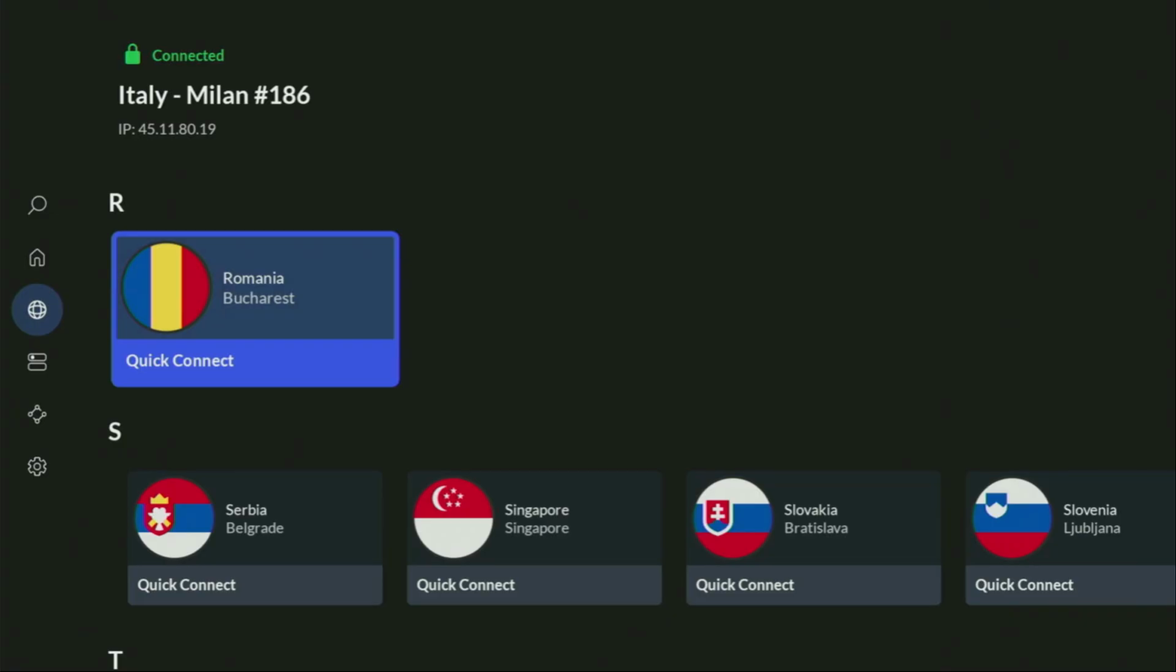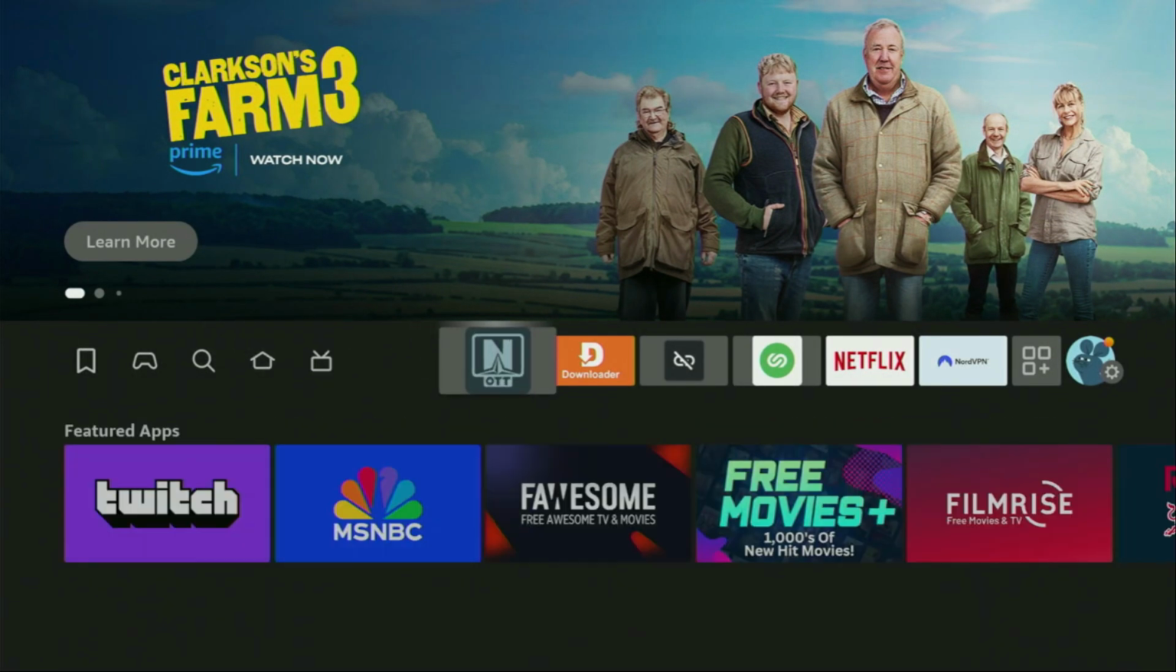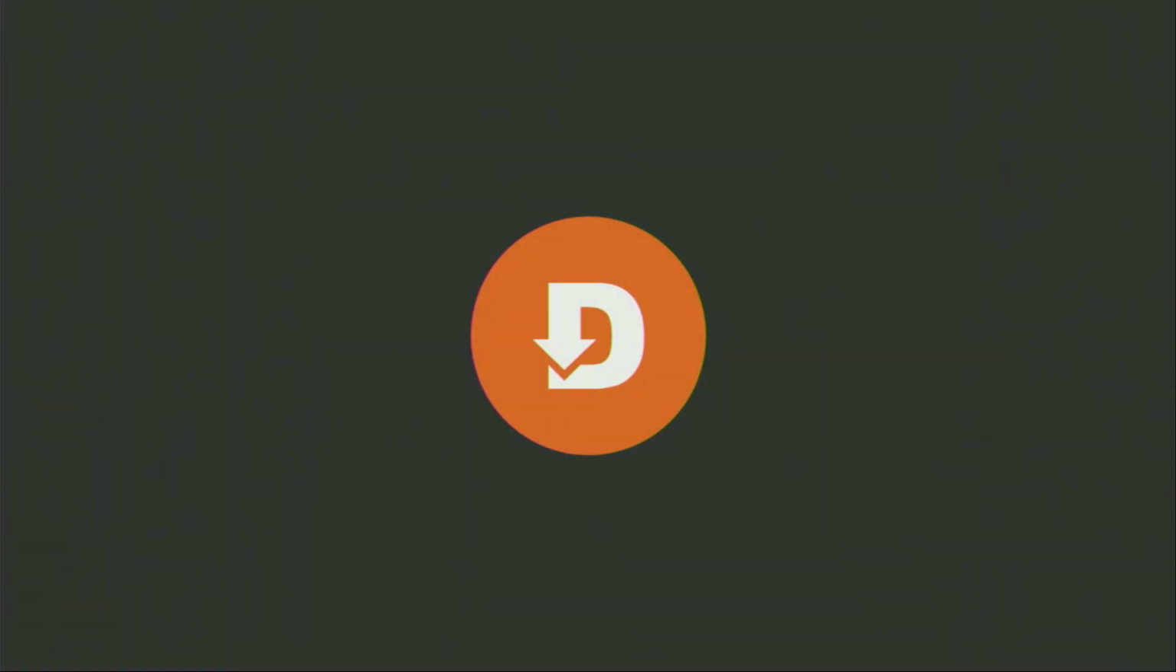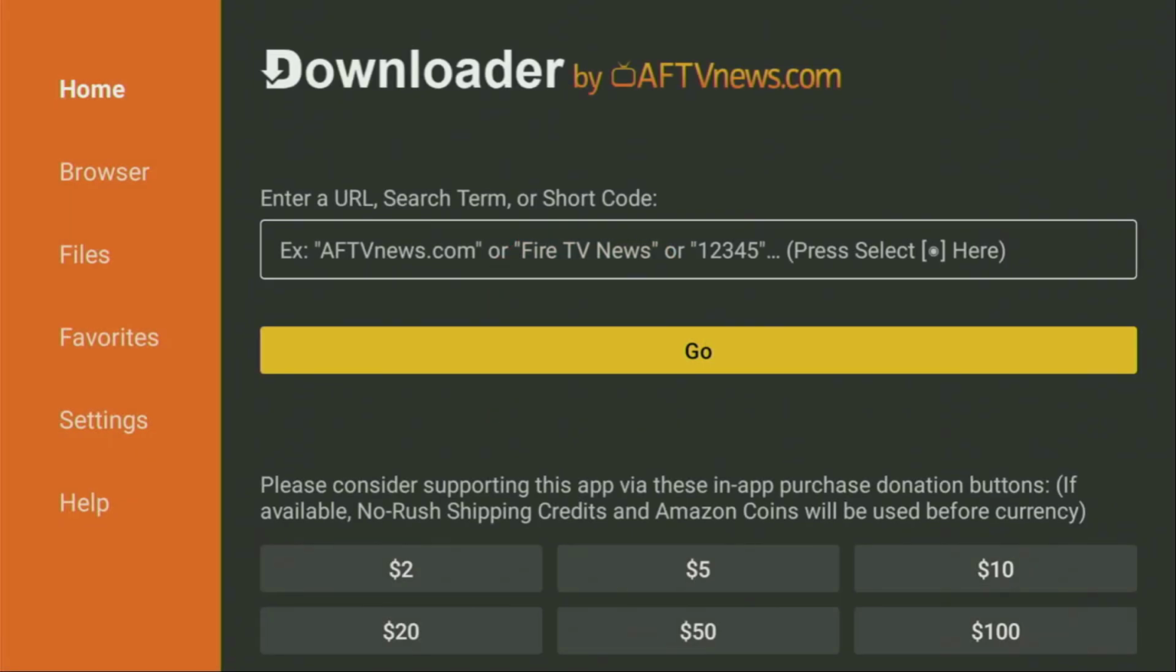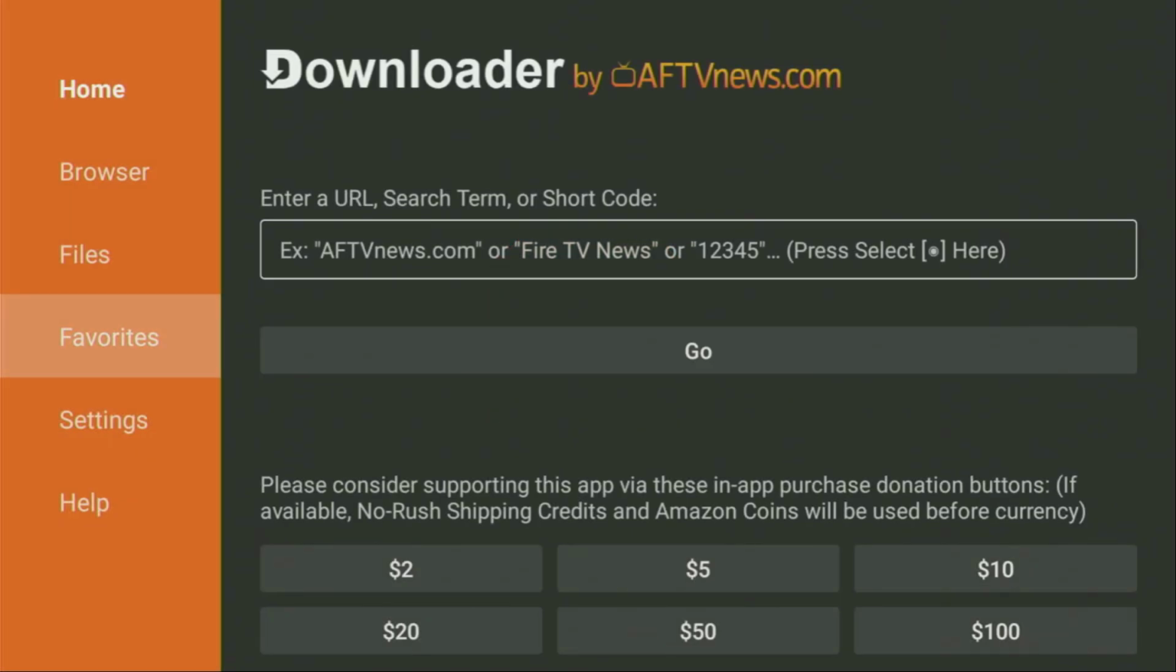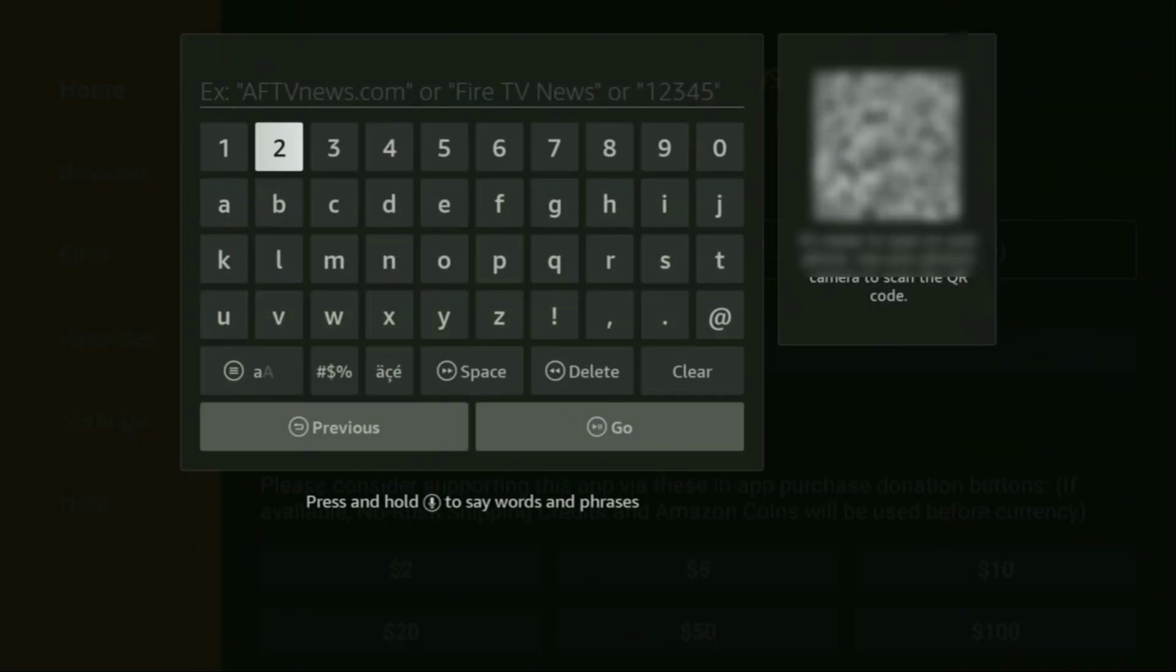And now finally, let's use Downloader safely. So we gotta go to the list of apps on your device, open up Downloader, and wait until it loads for you. Then on the left side menu, it's very important that you click on Home and not on Browser. So once again, make sure that you have clicked on Home, and then here in that search bar, we'll need to enter a code, which is going to be